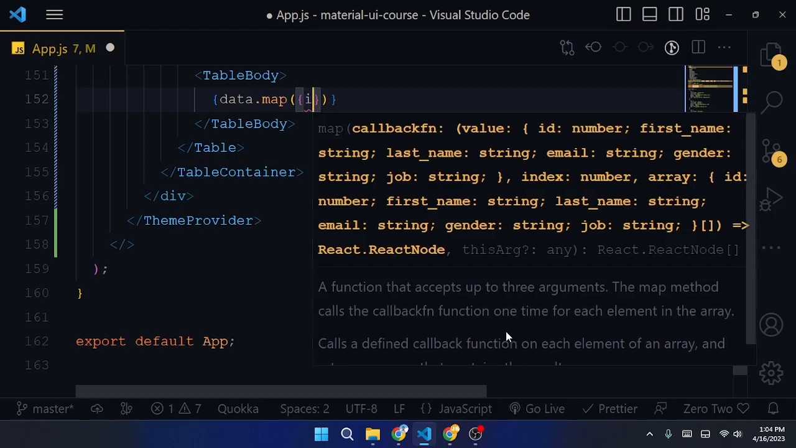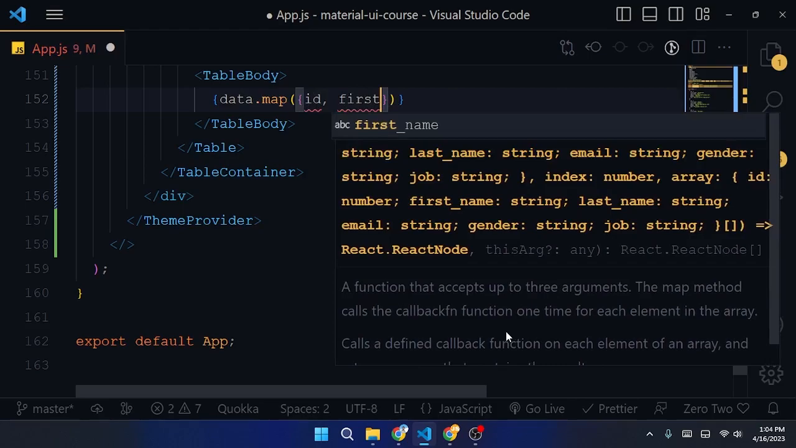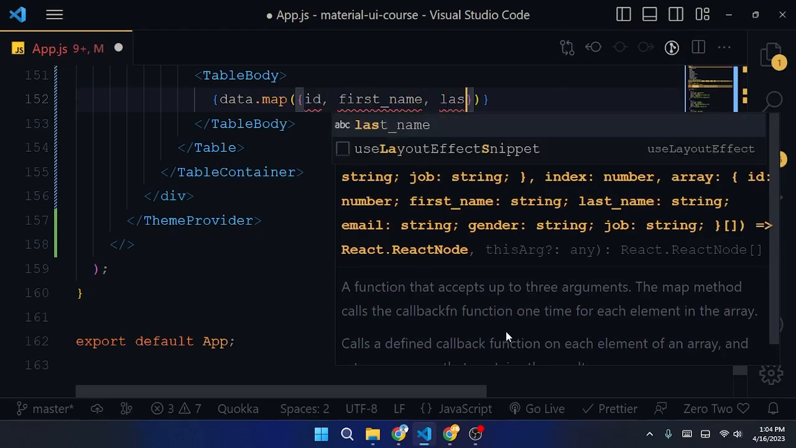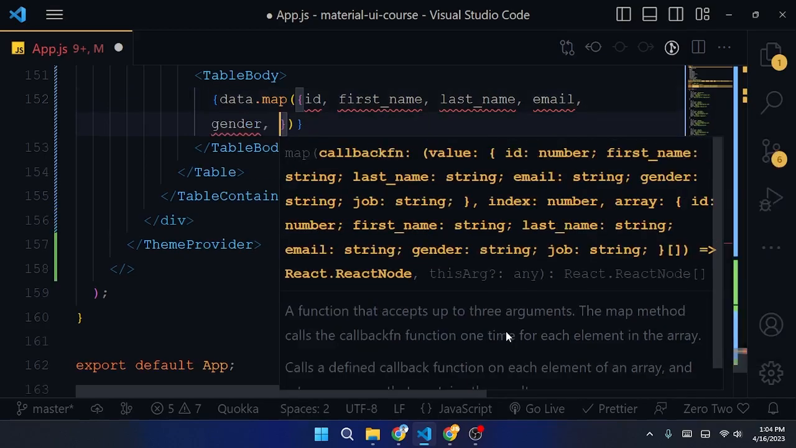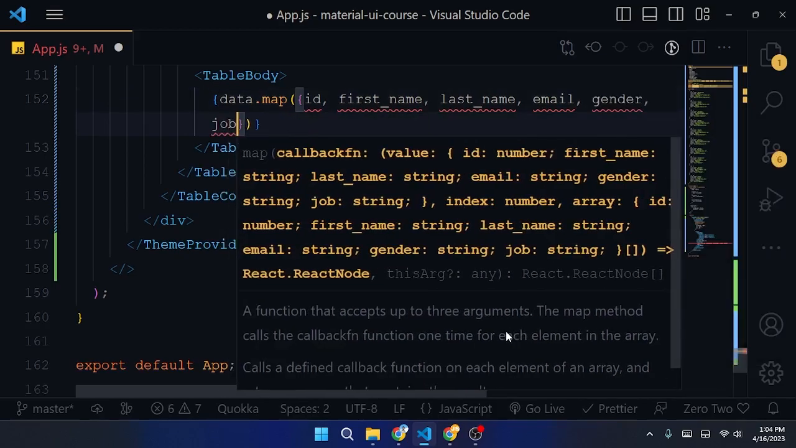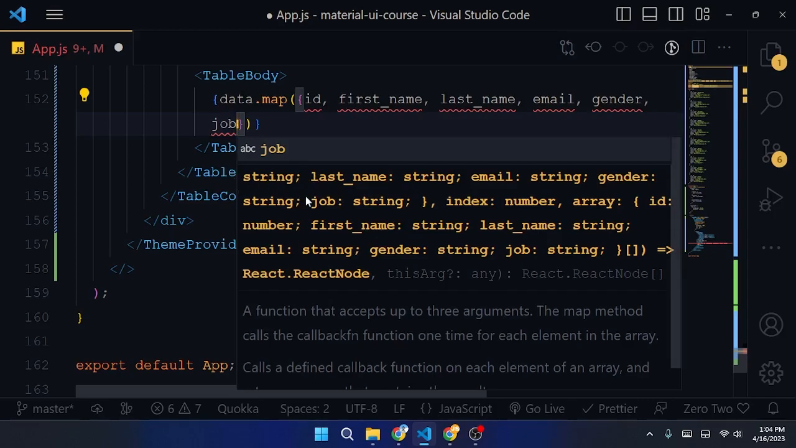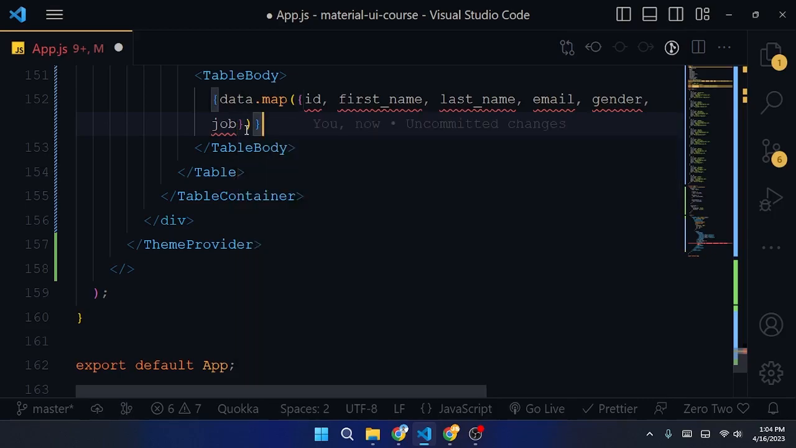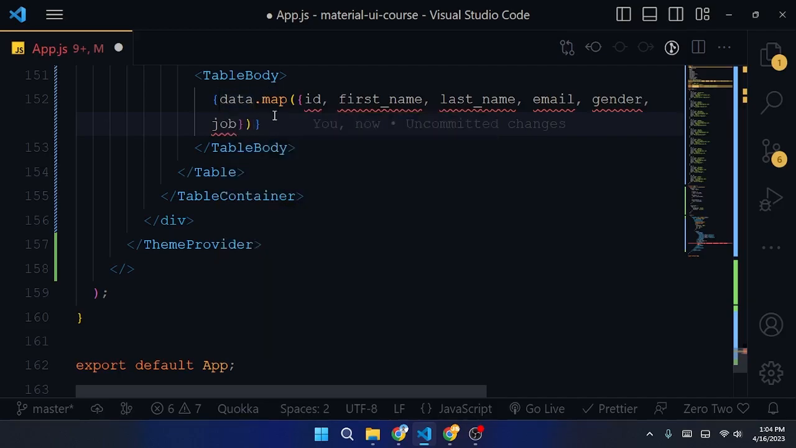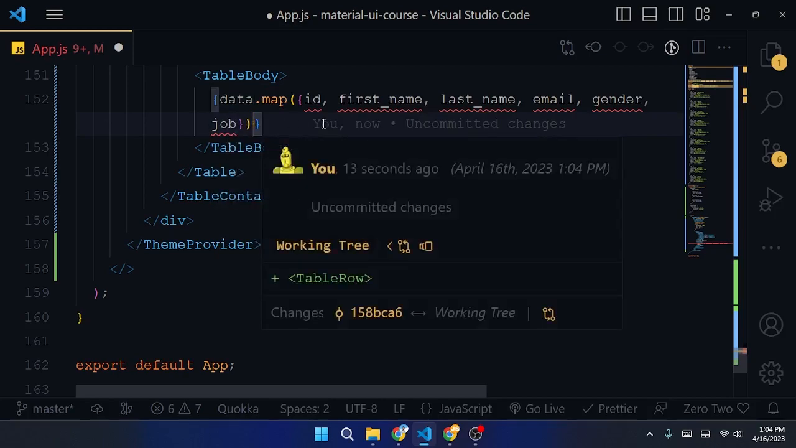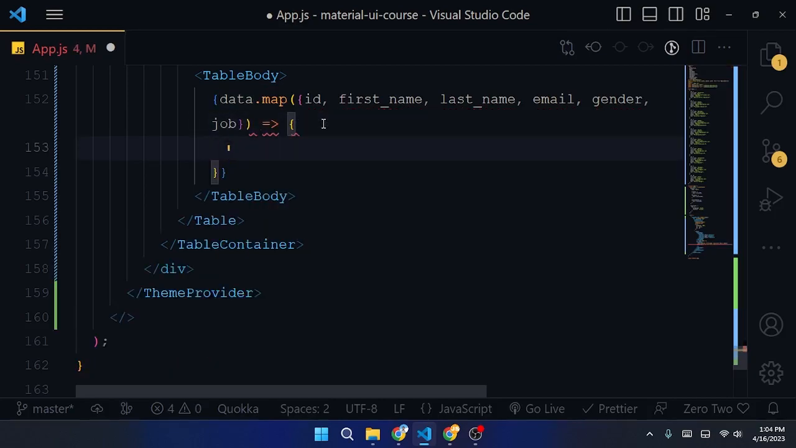So first I'll get ID, then first name, then last name, then email, and then gender, then I'll get the job. I can actually see everything here. Visual Studio Code is giving me the suggestion: ID, first name, last name, email, gender, job. Now if I go inside of this function, then